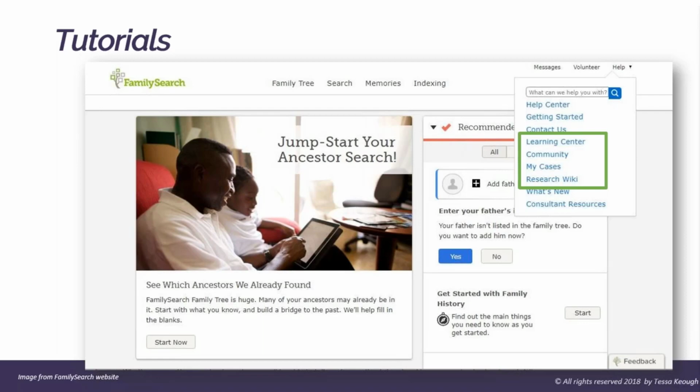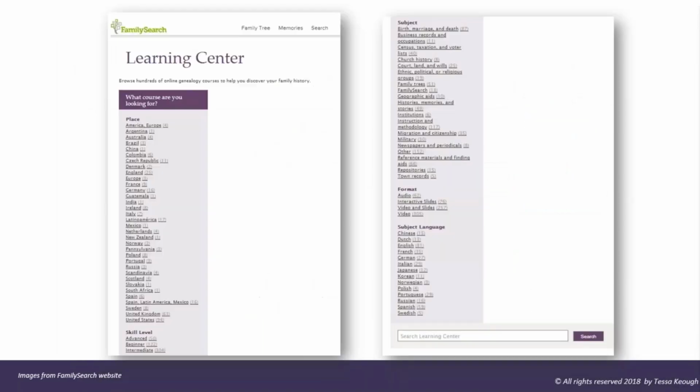Now, when you sign into the FamilySearch website, you need to click on Help, and you'll see several choices, including the Learning Center and the Research Wiki. And the Learning Center on FamilySearch.org has some of the best tutorials that are freely available to genealogists and family historians. And I really think this site should be your first stop